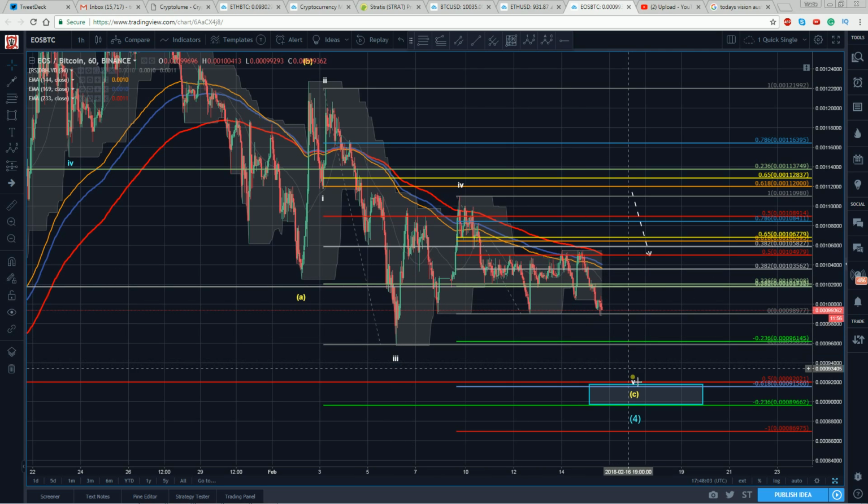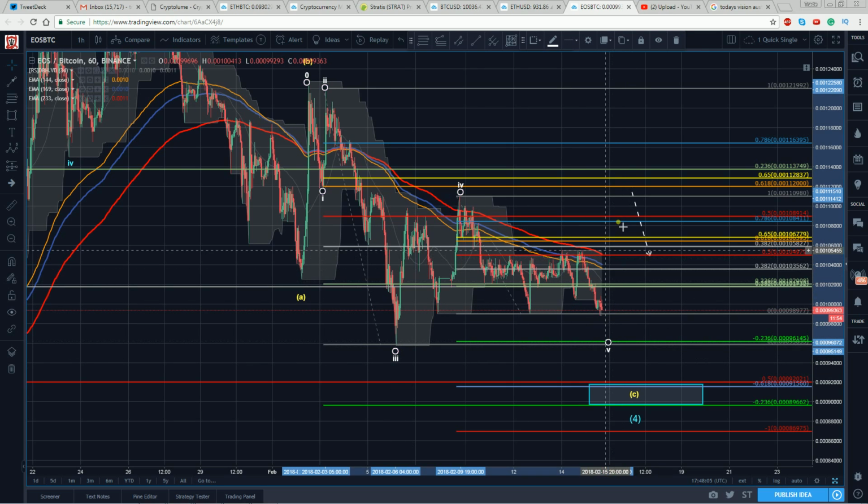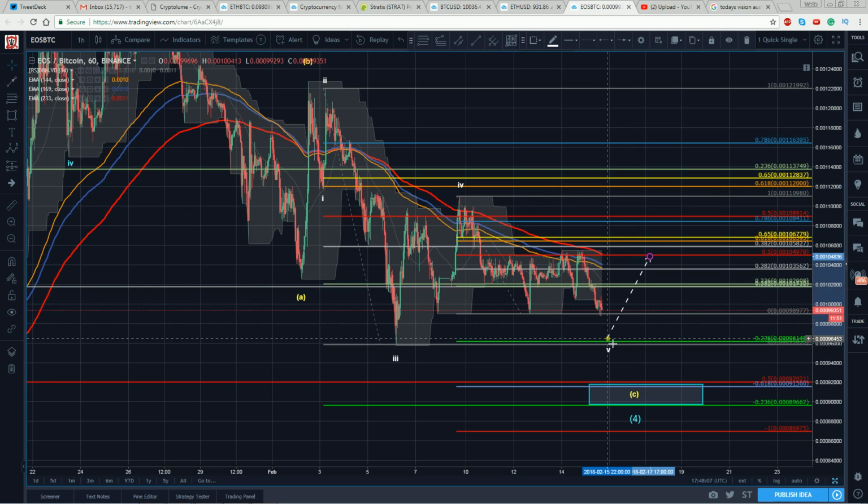Again, if it stops here, right, and it starts to run, we get the reaction off of the smaller degree algo target because there's algos hitting all of these swings. If we get the reaction there, right, and you were waiting to get long down here because you love the fatter target down here. Well, again, you don't panic. You just go, okay, well, I got a pivot now I can work with. So you wait for the next retracement. Where's your stop? Because you're looking for the 50.